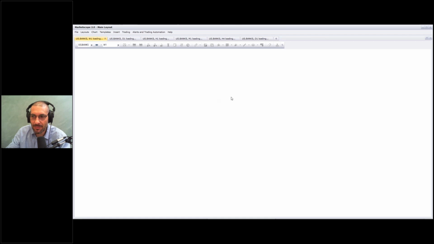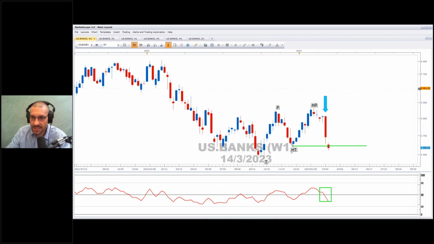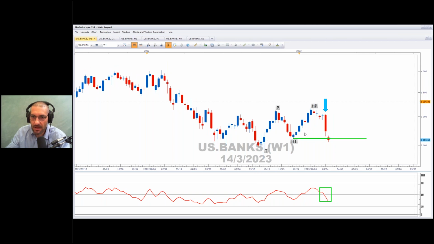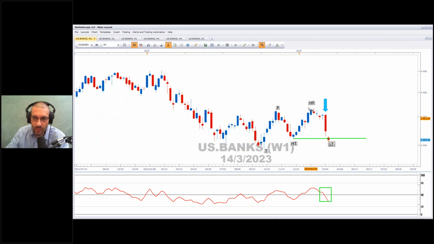So this is an FXCM basket, and something has happened here, which is severe. What's happened? Well, we've had a higher trough and a higher peak, and that now is no longer the case. In fact, we've got a lower trough here. In other words, the banking sector has stopped moving in that uptrend. An uptrend is defined by peaks and troughs, and the fact of the matter is we've got this lower trough.